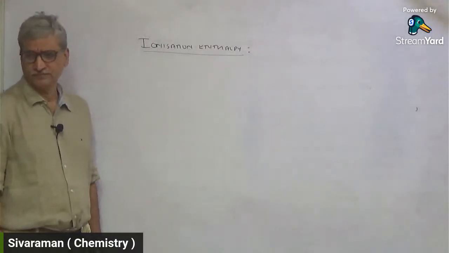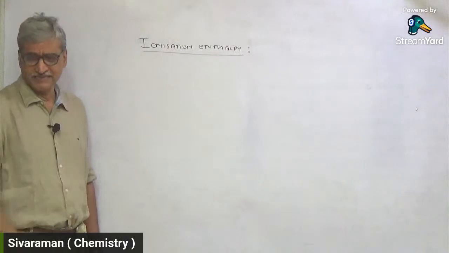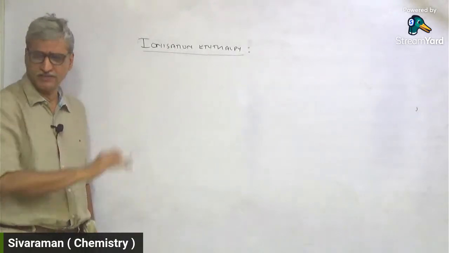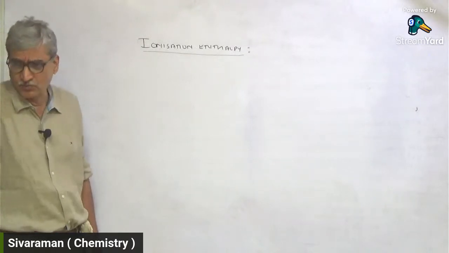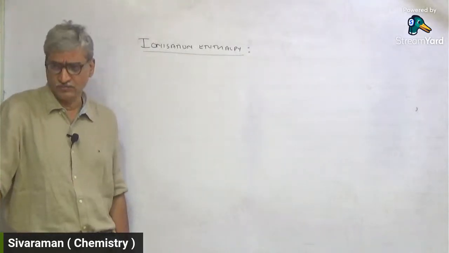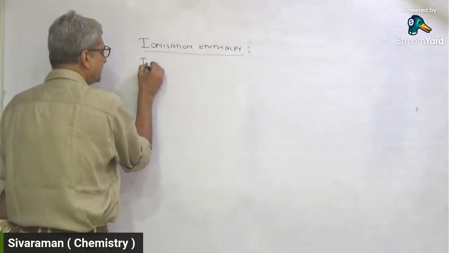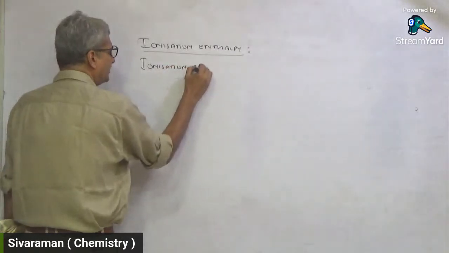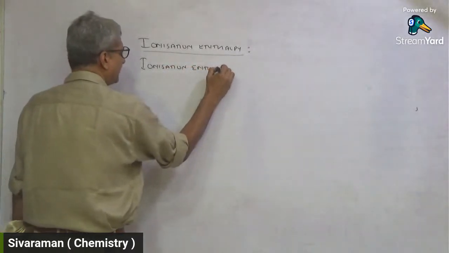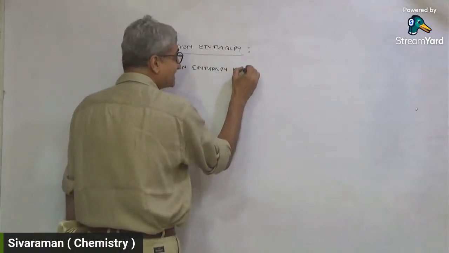So when you're talking of ionization enthalpy, what do we know? As atomic size decreases, since this is the smallest size, they have the highest ionization enthalpy. Because if size is small, it's going to be very difficult to remove the electron. Is this point clear? So ionization enthalpy is maximum.